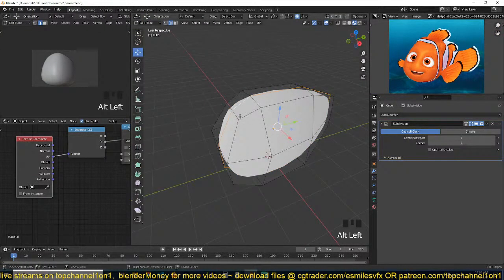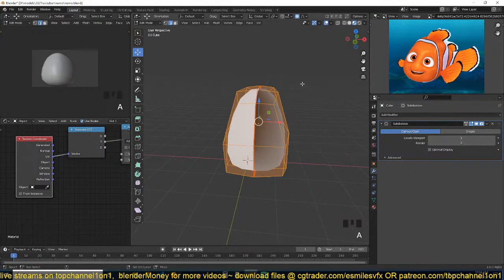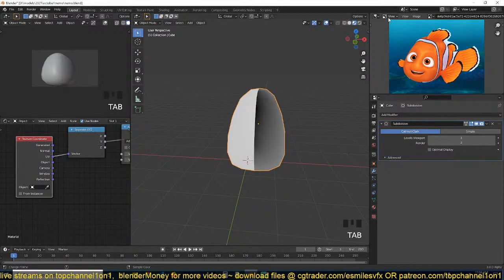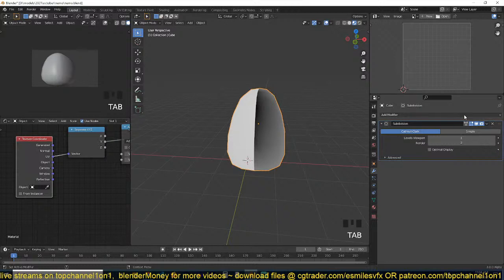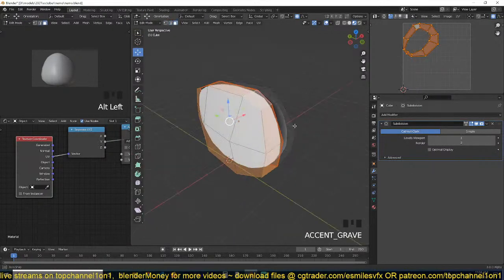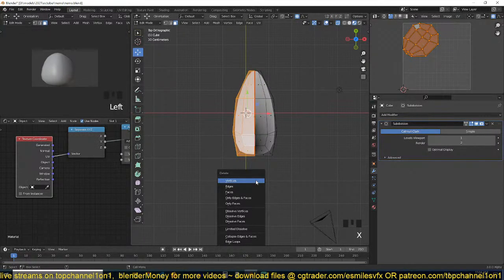Just going to add a seam here, mark seam, unwrap, and if I use Shift N, I can go to my UV editor and align this. Actually, what I can do is first get rid of this side here, because we're going to be using a mirror modifier, so there is no reason for us to